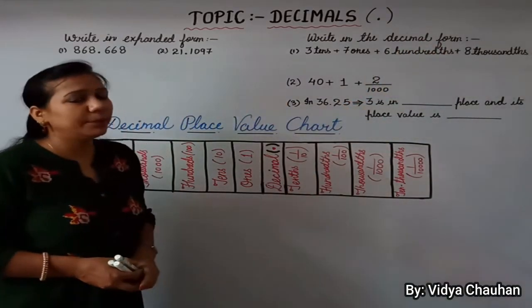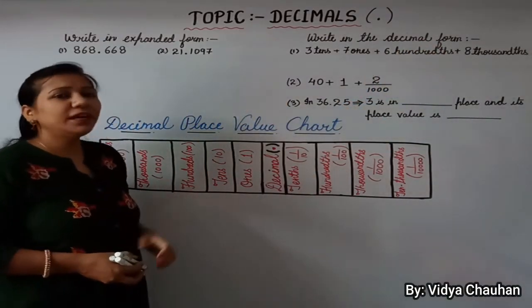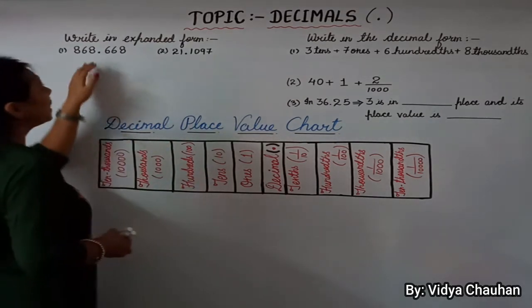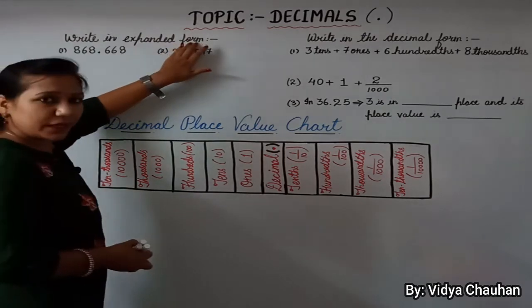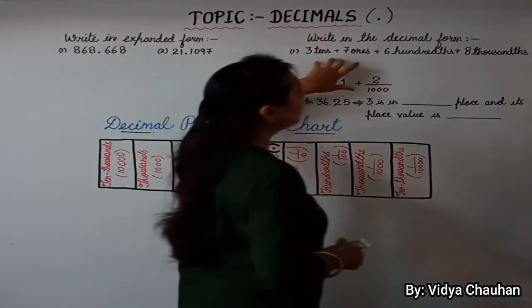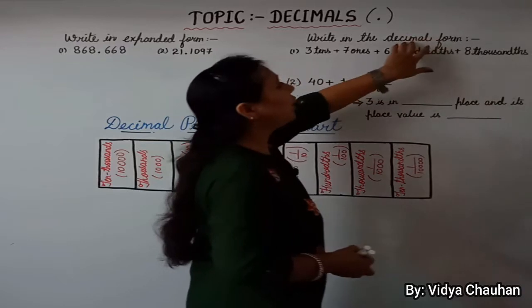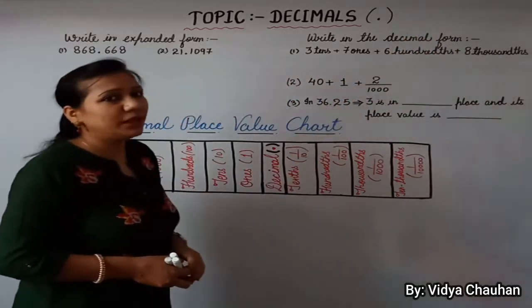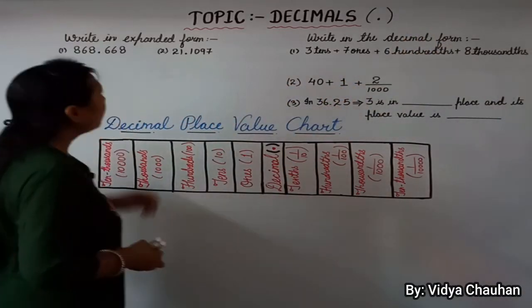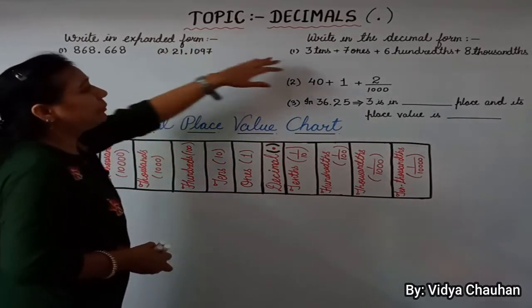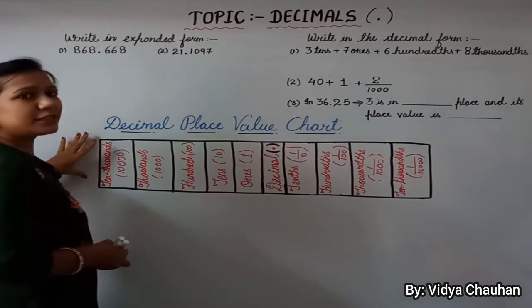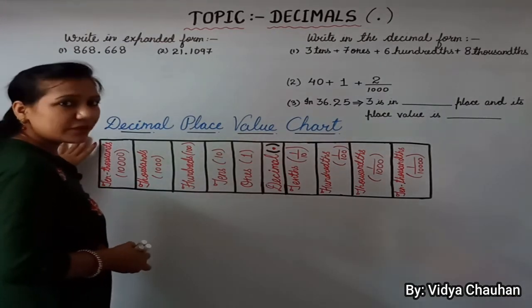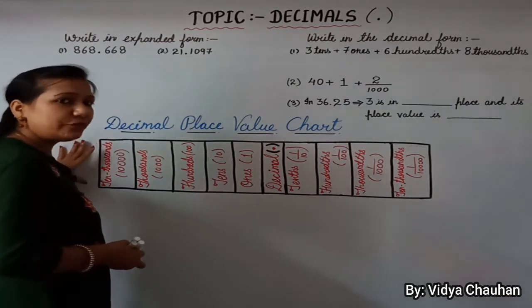form of the numbers. So today we are going to study, very first, how to write the short form of a decimal number into its expanded form, and if the number is given in the expanded form, how you can write it in the decimal form. Now for both types of questions, what you need is to understand the concept of decimal numbers and the place value chart of its values very carefully.